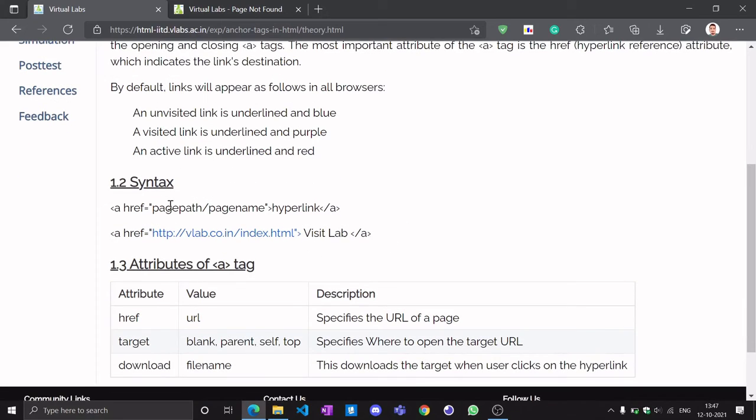So we can mention the path. If the location of that URL is in our same root, we can make that a path. And if that web page is at some other location or some other website, we have to mention the full URL using a protocol, hostname, and all the path.